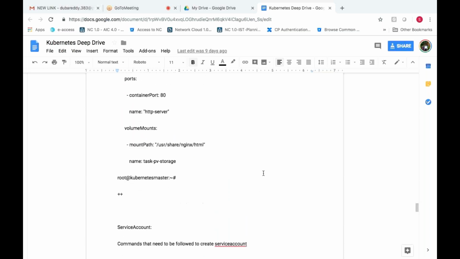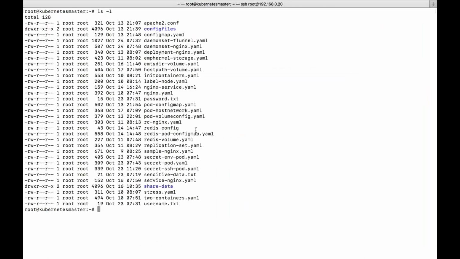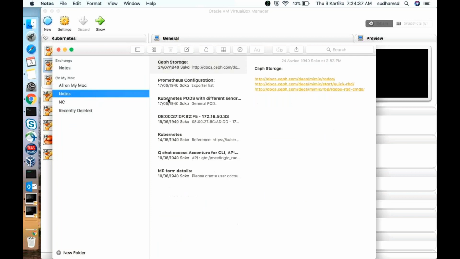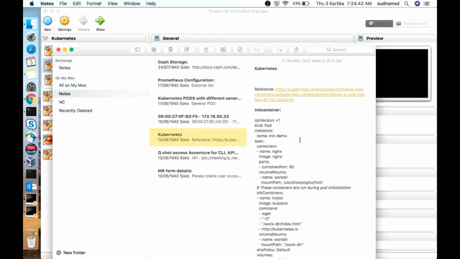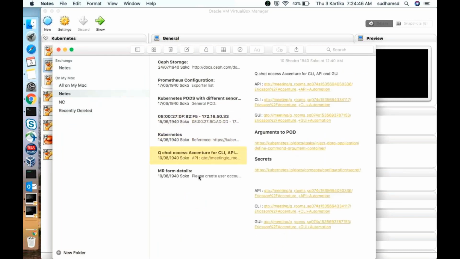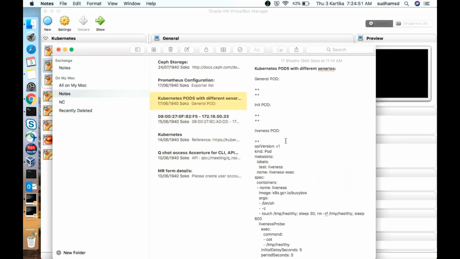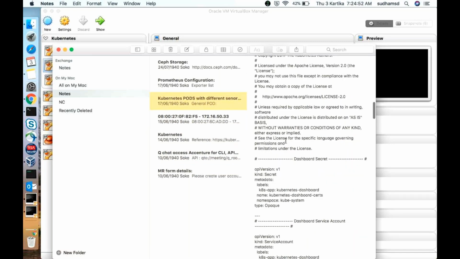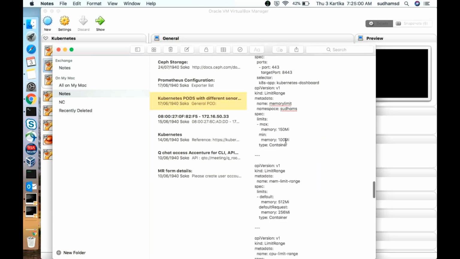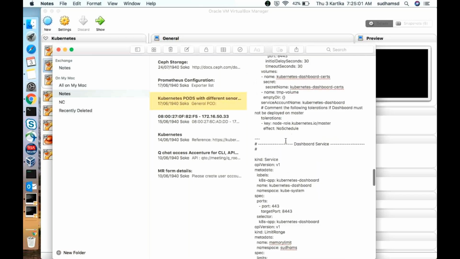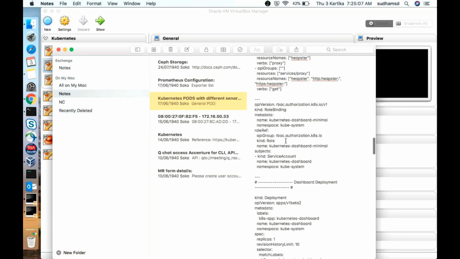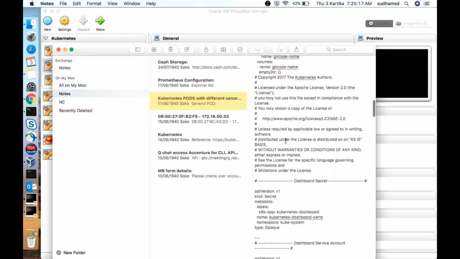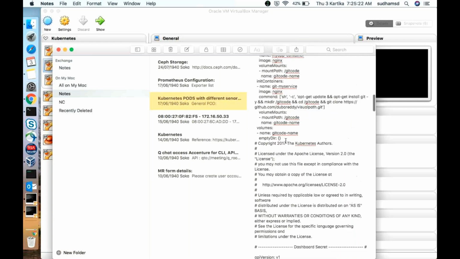Kubernetes dashboard. So here we need to create a secret.